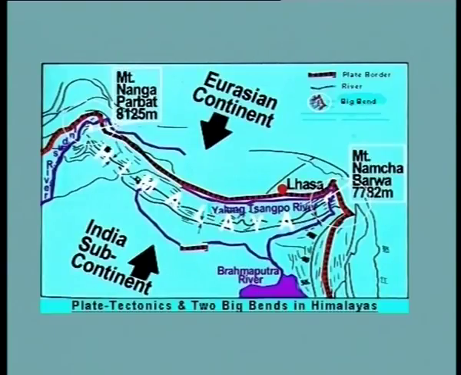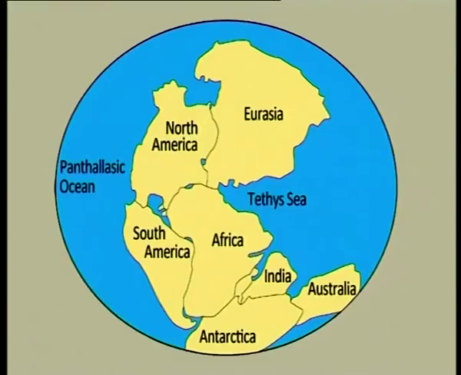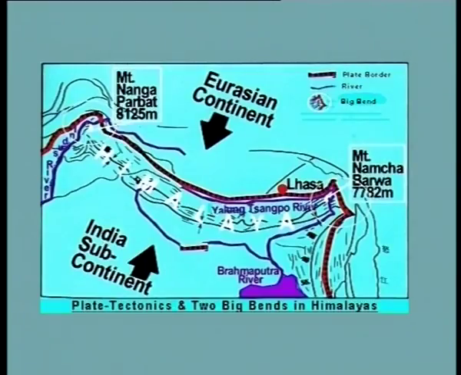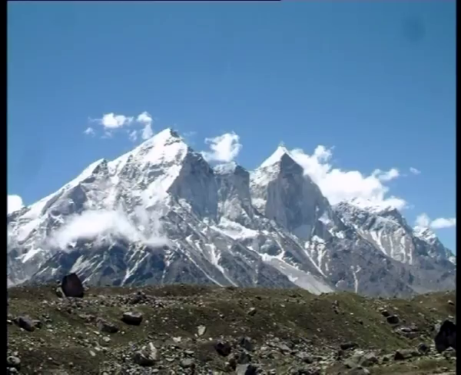Once India was part of the southern supercontinent, Gondwanaland, and then the Indian plate moved northwestward and northward, so that the leading edge of the Indian plate, the oceanic portion, got subducted below the Eurasian plate, and finally the Indian continental part came close to the Eurasian plate and collided. During this collision, the sediments deposited in the intervening ocean, the Tethys Sea, were squeezed up to form the Himalayan